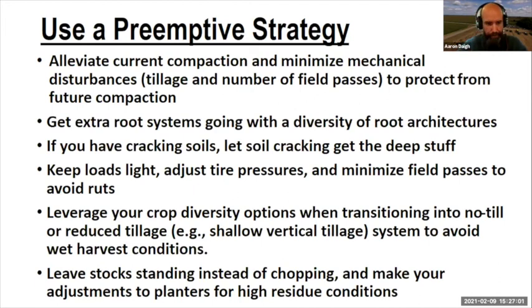Do you really see that bulb of compaction in your penetrometer readings before you try to go after something mechanically? Alleviate the current compaction and then minimize the mechanical disturbances to it. So the number of passes on the field with heavy equipment, especially grain carts. Grain carts are incredibly heavy. And then obviously your tillage: if you're in a reduced tillage system, if you're vertical till, leave the compact disc off and just focus on minimizing your number of passes out there to help protect from that future